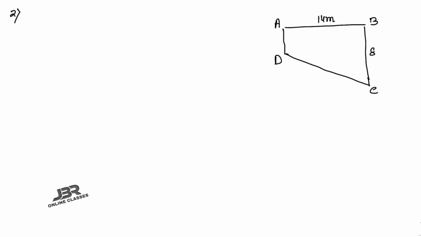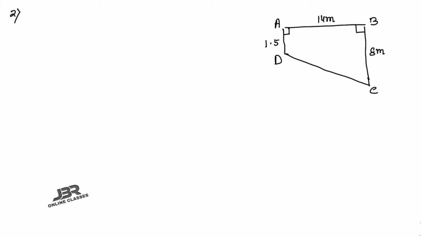In sum number 2, here is the cross section ABCD of a swimming pool. So first you have to draw the diagram, okay, in this way, and here it's B, here it's C, that one A and that one D. So ABCD, here it's 14 meter, that one is equal to 8 meter. It's a right angle, here it's 1.5. Okay, the swimming pool is a trapezium with AB equal to 14 meter, depth at the shallow end is 1.5 meter and the deep end is 8 meter.